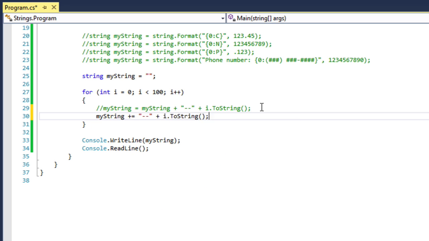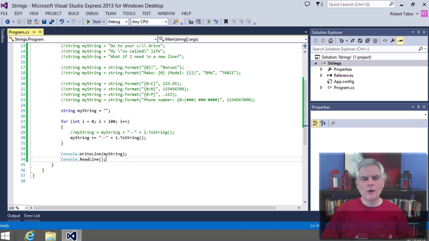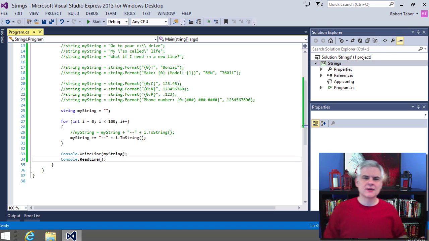I.toString. And that should give us the same result. So I just wanted to throw out the plus equal operator, which means take whatever I already had in my string and then append these items to it, whatever is on the right-hand side. Okay? So while using the string concatenation operator, the plus symbol, especially so many times works in small applications,